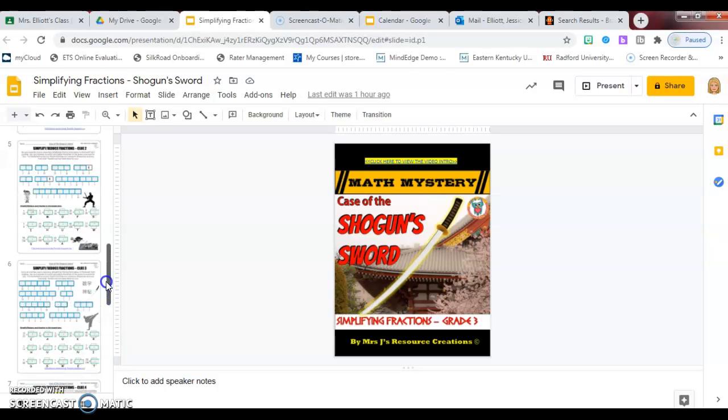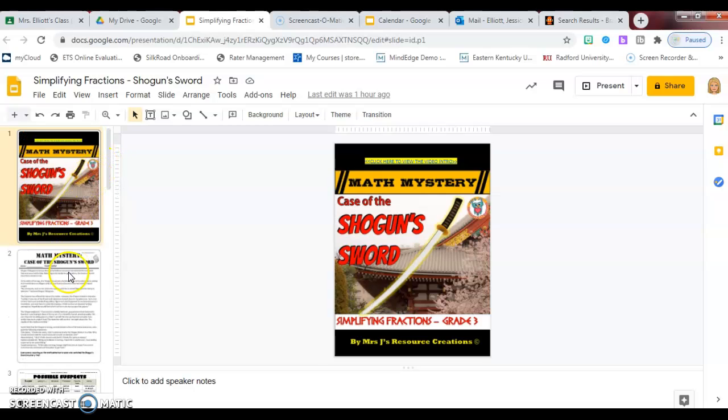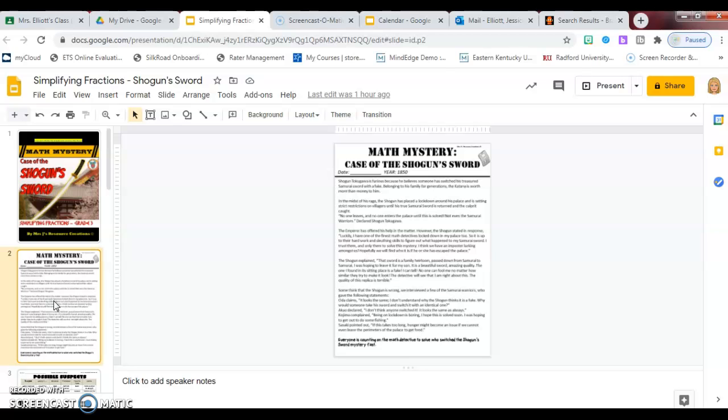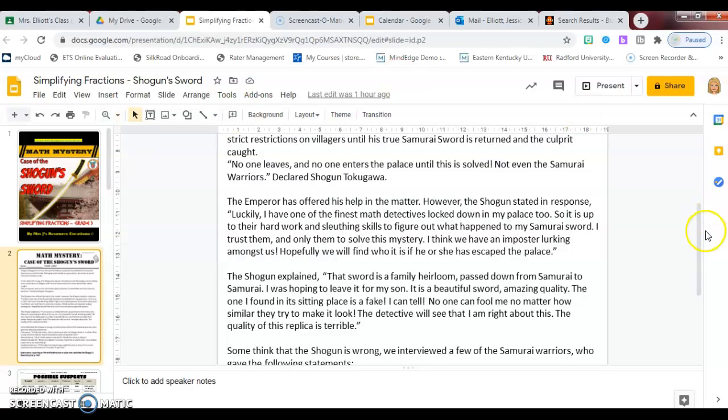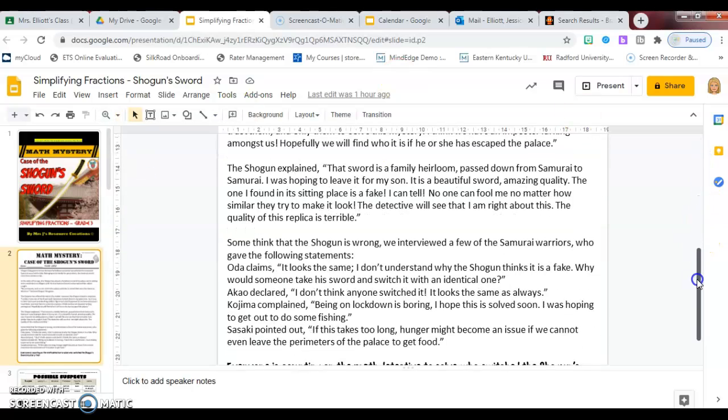All right, so I want to scroll to the top. Now you need to keep it in this view. Don't go to present mode, because if you go to present mode, then you won't be able to type things on the screen. Okay, so this is just the title page. And so here, this tells you about the case of the Shogun sword. So you need to go through and you need to read this because you are trying to solve a mystery. Now, if you're like me, I can't read that. I mean, I can, but I'm going to have to get really close to the screen and I'm going to have to squint. So you can go over here, click on the magnifying glass, and you can zoom. I'm just going to zoom to 100, and then I can scroll up and down, and I can easily read,